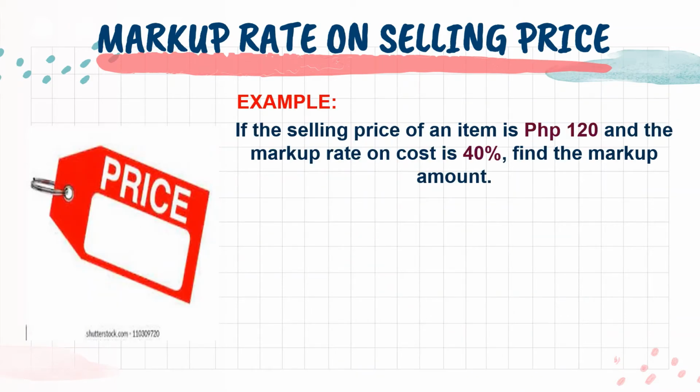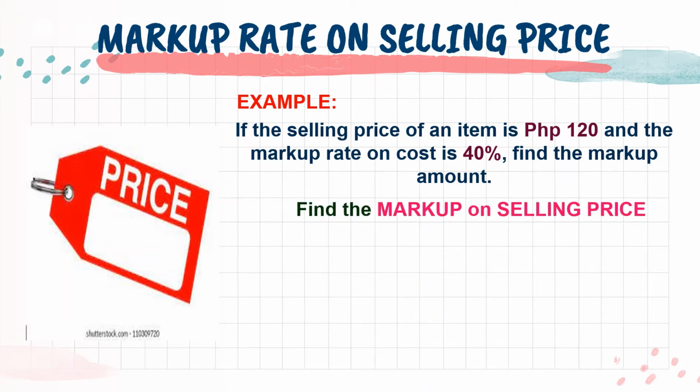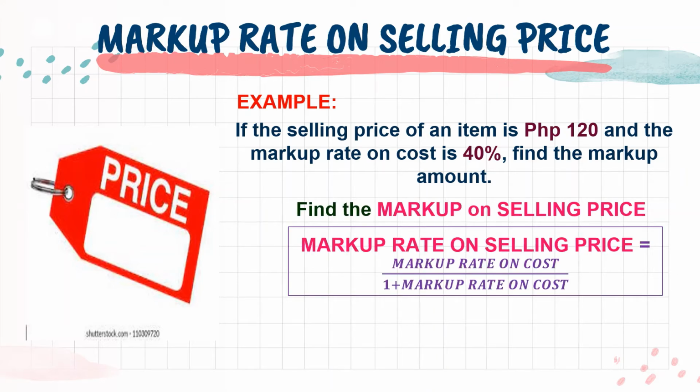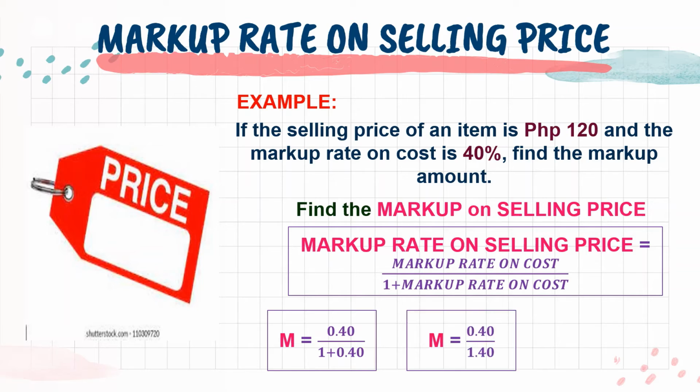Example, the selling price of an item is 120 and the markup rate on cost is 40%. Find the markup amount. The markup on selling price. Markup rate on selling price is equal to markup rate on cost divided by 1 plus markup rate on cost. So 0.40 divided by 1 plus 0.40. So 0.40 divided by 1.40 is equal to